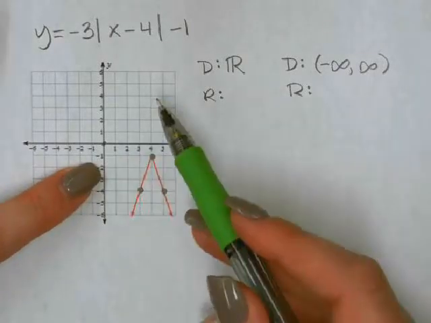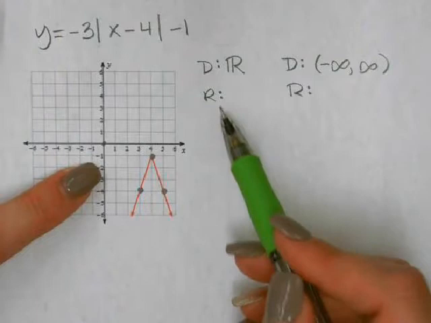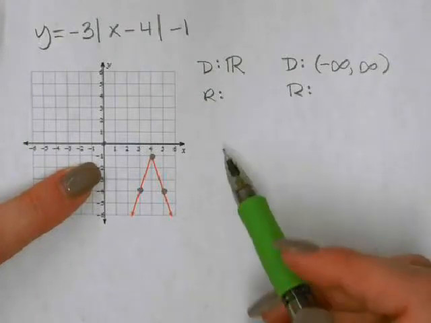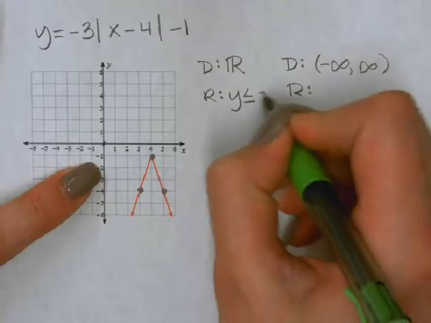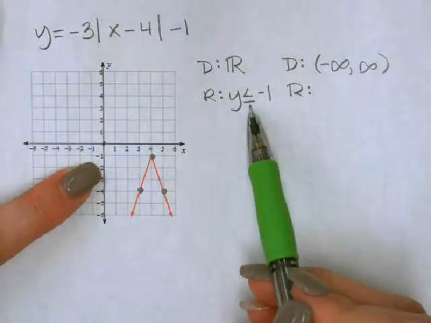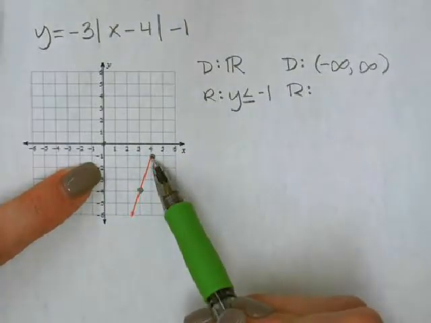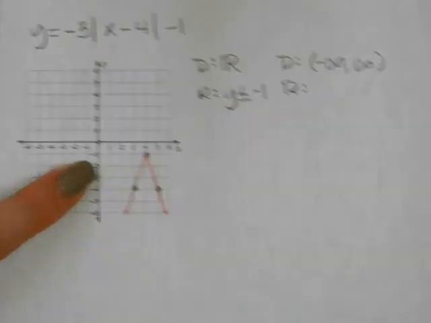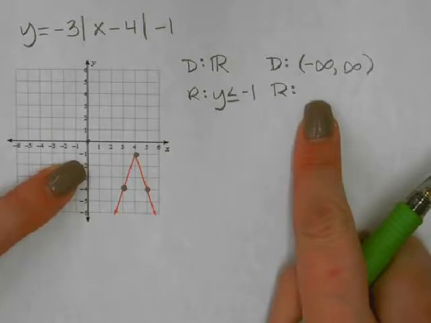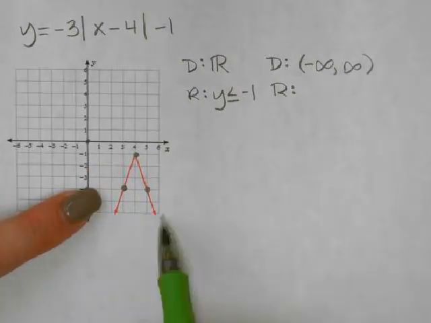It just doesn't happen. So here we're going to say that the range of the numbers, the y coordinates that I'm going to see, are y is less than or equal to -1. And I'm going to put that equal to sign because I can see there's a point where y is -1 exactly. The other notation, the other way to write this is to say that the y values range from negative